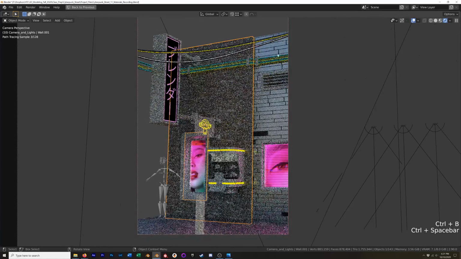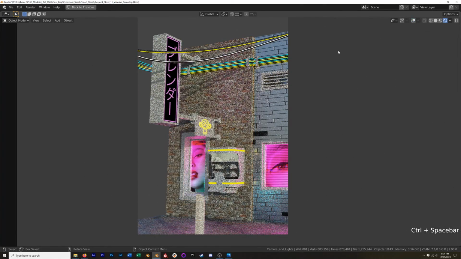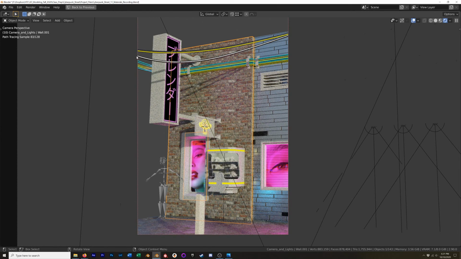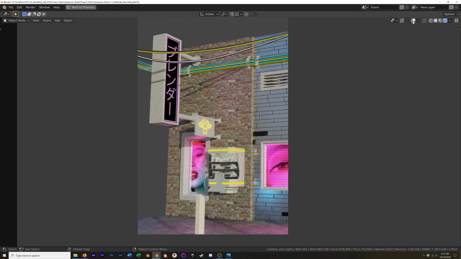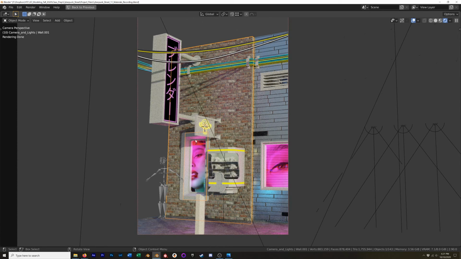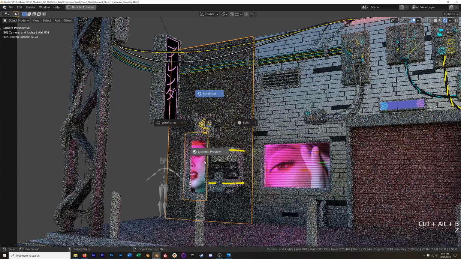I'm going to zoom in here. From back here, it looks pretty good. It's going to take a second to kind of load and resolve, but it looks fine. There's nothing inherently wrong with it. However, the reason why I think we need a displacement modifier on this is when we look at this from